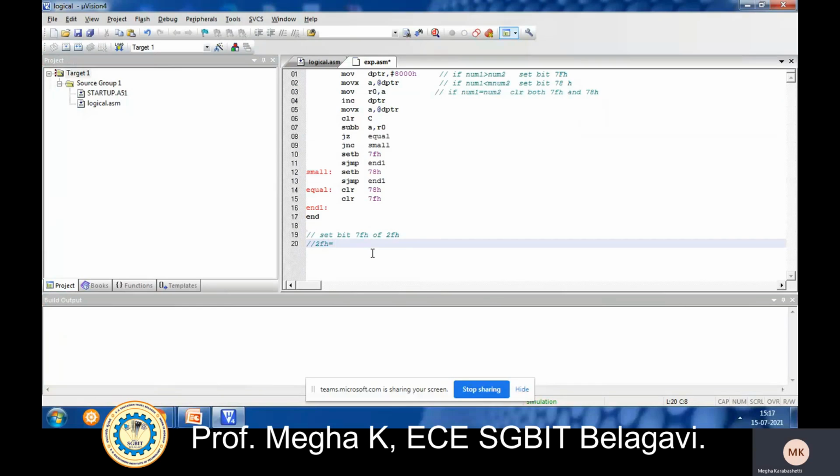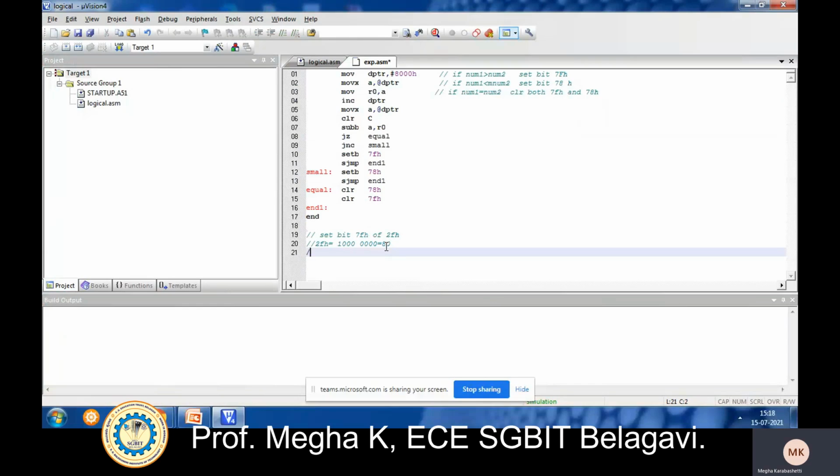Bit 7FH is the first bit, the MSB, so the value will be 1000 0000. Only that bit is set in 2FH, so its final value will be 80H.